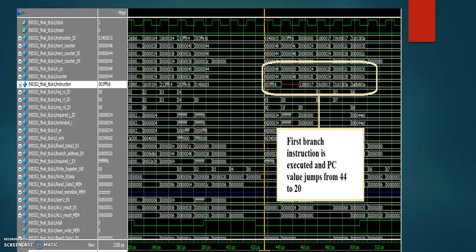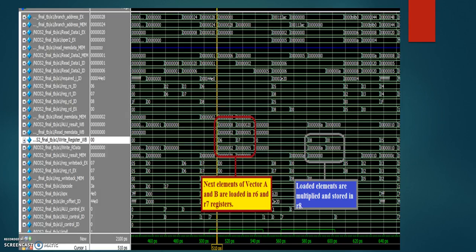In this screenshot, you can see that the register R6 is loaded with the second element of vector A, that is 2, and the register R7 is loaded with the second element of vector B, that is 5. Now this loaded data is multiplied and stored in register R8. The first branch instruction is executed and the PC value jumps from 44